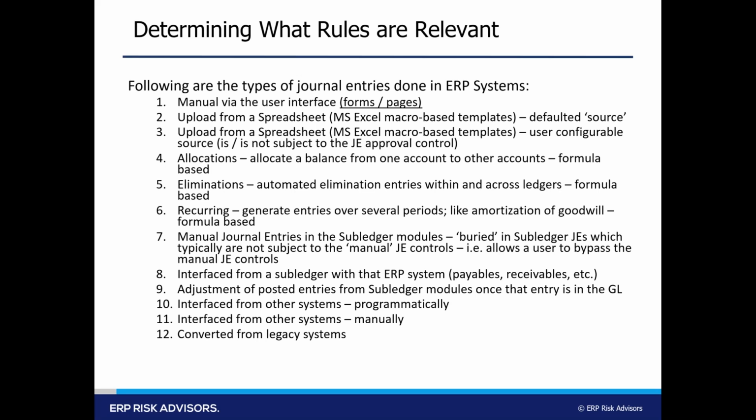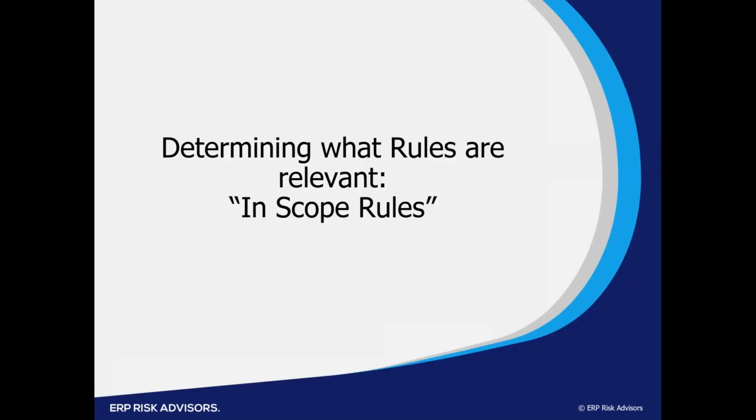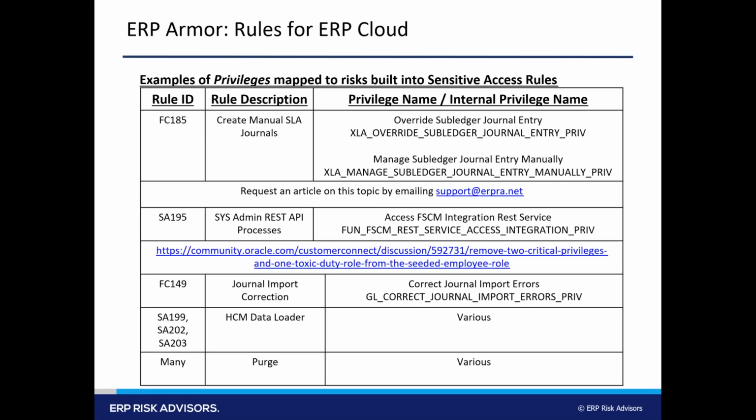You can't override that source. It's baked into the way that the template's built. That would then be subject to the journal approval workflow. Where it gets tricky is, are there abilities to have user configurable sources? And that's really back to the override subject. If I go back to the slide here, we talk about the create manual SLA journal entries, which is a rule we have, FC 185, that looks